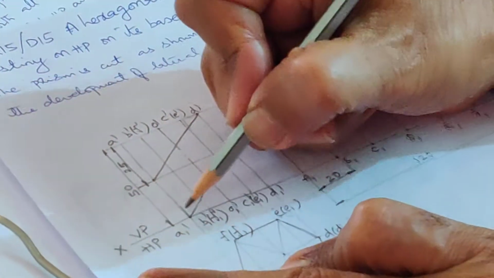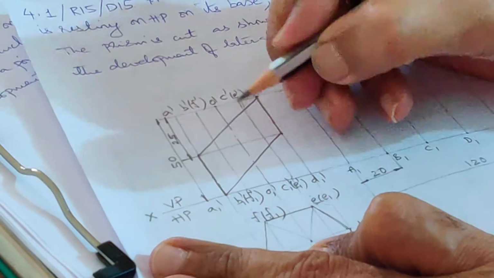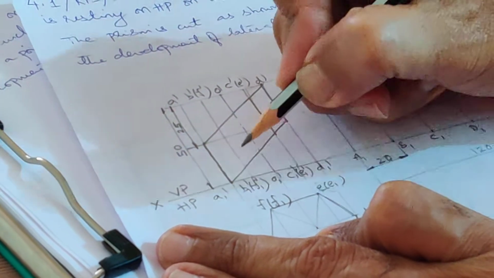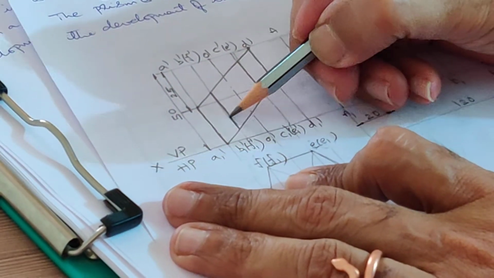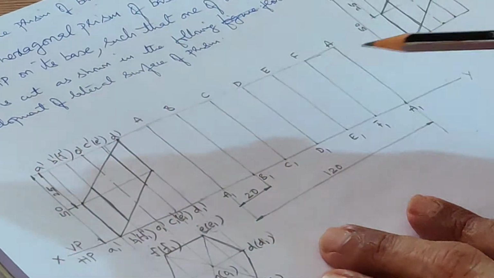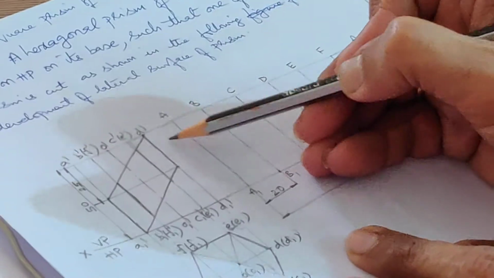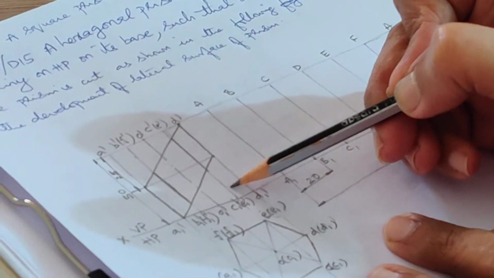So what is the retained portion? Only this is the portion that is retained. This can be shown dark now. Whatever is the retained portion, you have to show dark. This is an axis, so I am not darkening it. Now you are asked to draw the development for only this portion, removing this and this. So this portion and this portion should be shown faint or thin.